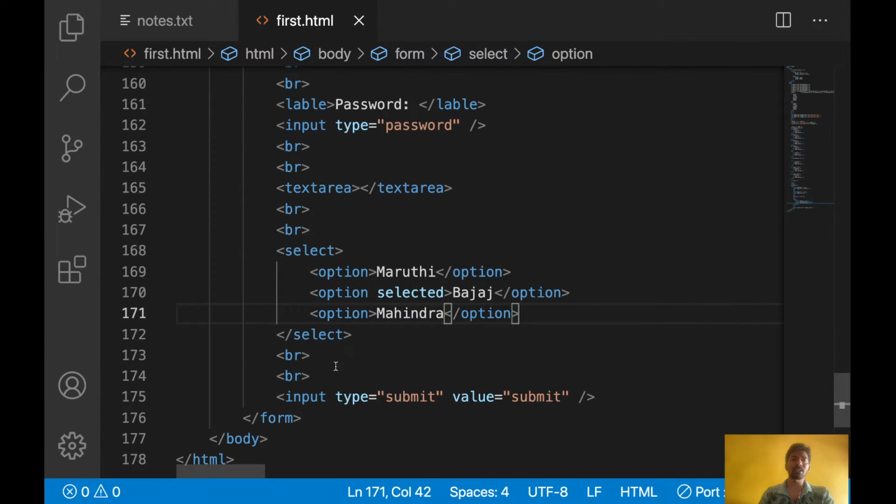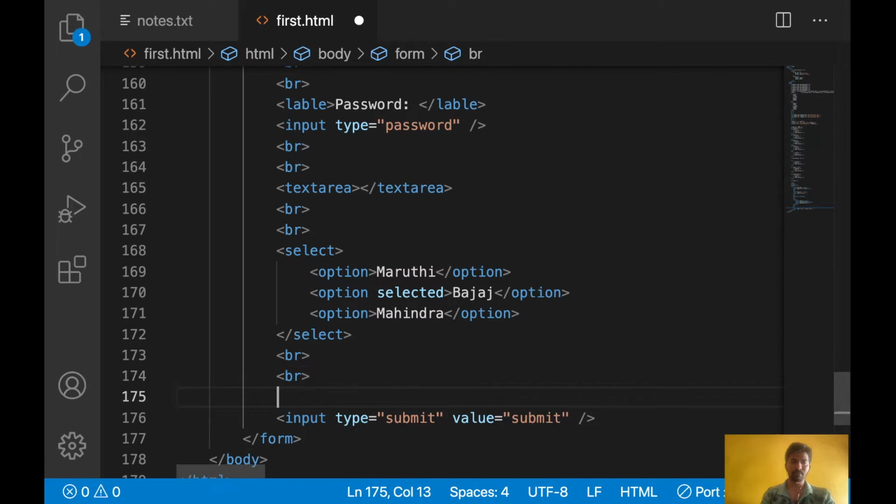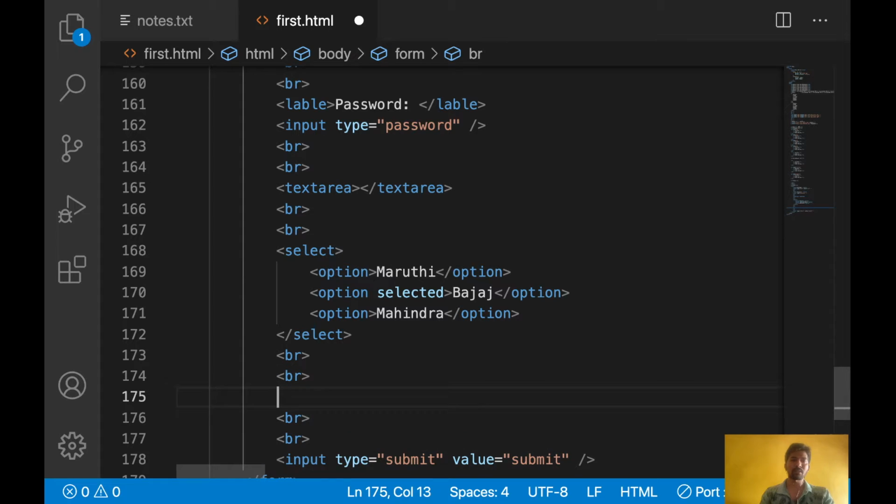Then one more element is there. Checkbox. Let's say if you see some forms, they will ask for a checkbox, agree terms and conditions.